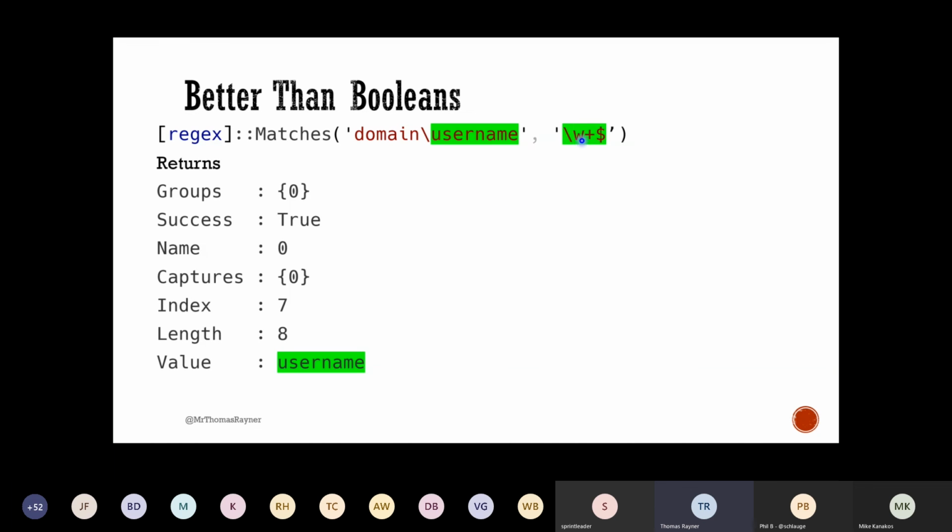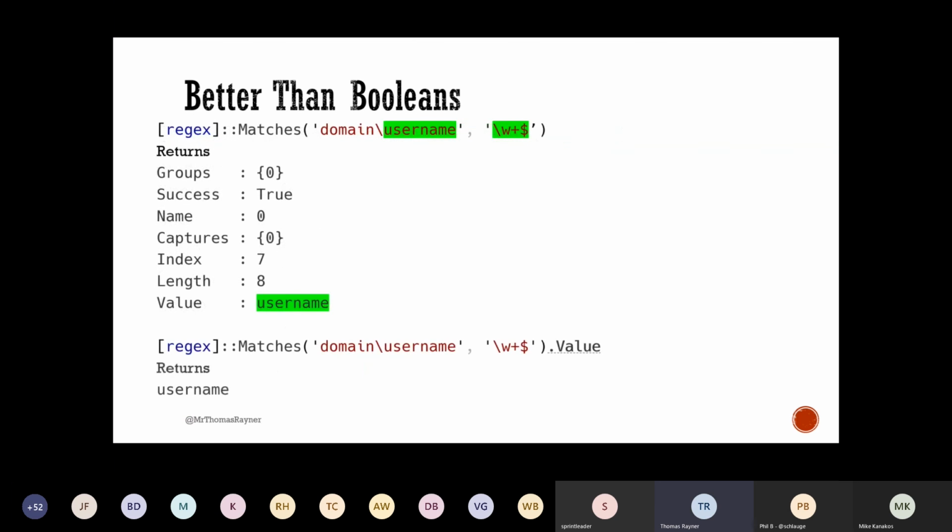If we had used our regular expression from the previous example, where we were stripping out this other part, it did match this, so it would return that. In this example, we want to match the word username, not the earlier part. And if you want to isolate that and you're not that familiar with PowerShell, just append .value to access that value property, and it'll just return the text, right? First time I gave this was not for a PowerShell user group, so I wanted to make sure that was present for them.